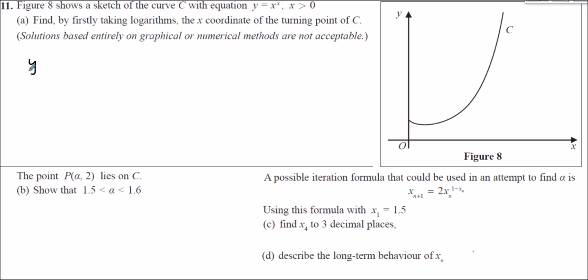So if we start with y equals x to the x, we can take logs of both sides and get ln y equals ln x to the x. In other words, I can now bring this power to the front using the laws of logarithms. So ln y is going to equal x multiplied by ln x. So now if we differentiate both sides,